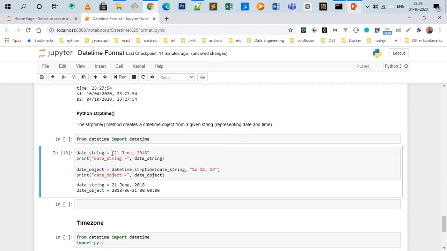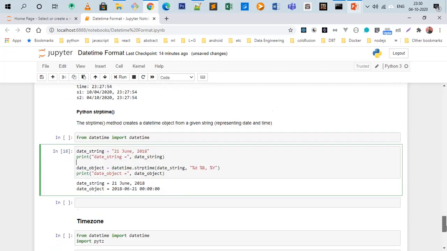So as you see, here we have 21st June 2018, so it is directly just printing this string, and here datetime.strptime, we are passing two parameters to strptime. One is this date in a string format, and the other is the format in which this date is. Like you are getting the datetime from the database, and you just check the 2, 3 dates and you understand how you want to parse it. So that's why you have to know these formatting codes.